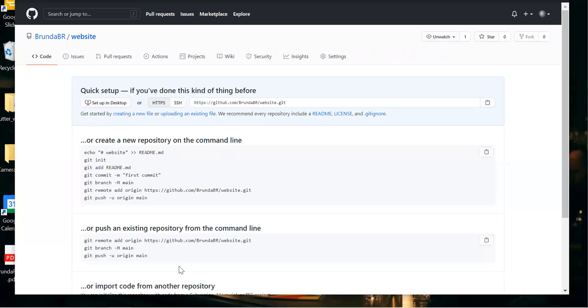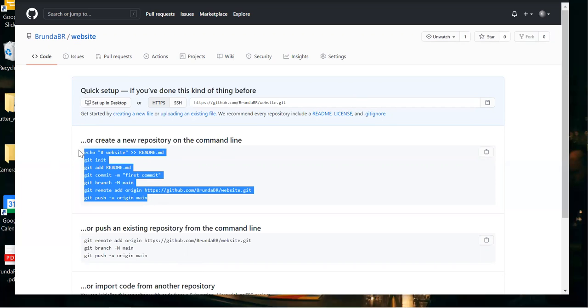So basically we are connecting the local computer project, whatever changes we are making, to GitHub. Whenever we commit, all the changes will be stored in the GitHub repository, which is named website. So this is created in my profile under the name website. So this would be a repository. These are the steps we have to do in order to complete building a repository and connecting with the